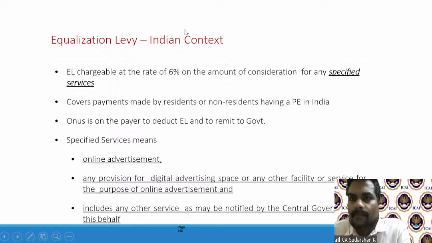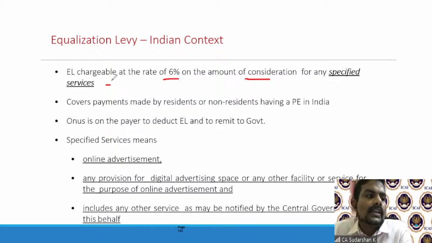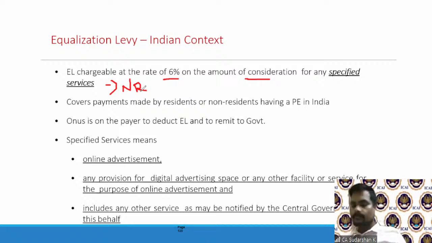Now, what does it say? So, equalization levy is chargeable at the rate of 6% on the amount of consideration for any specified services. This is applicable only to non-residents. So for any non-resident where there is a consideration for any specified services, we are going to see what those specified services are. So for a non-resident, if he gets a consideration for any specified services, then in such a scenario, equalization levy will trigger. So this you can see in section